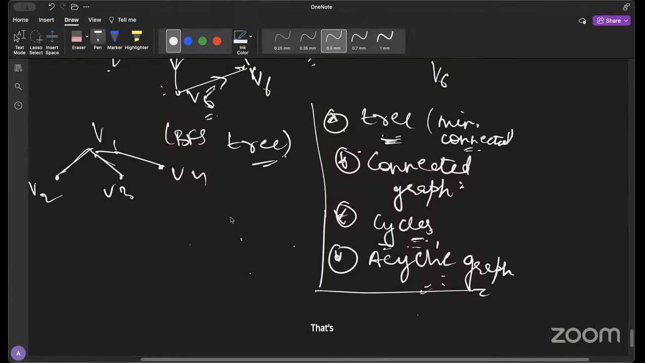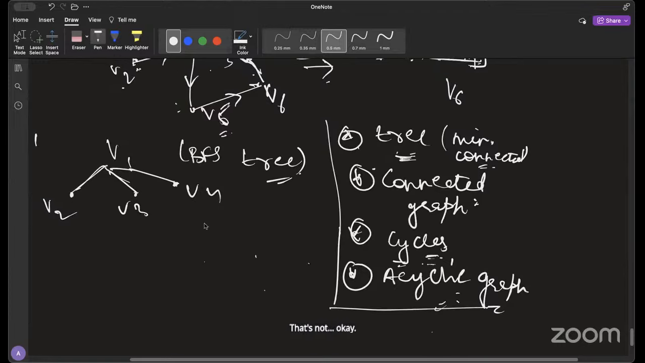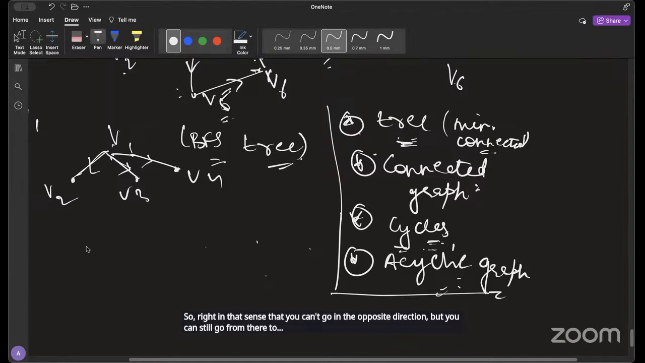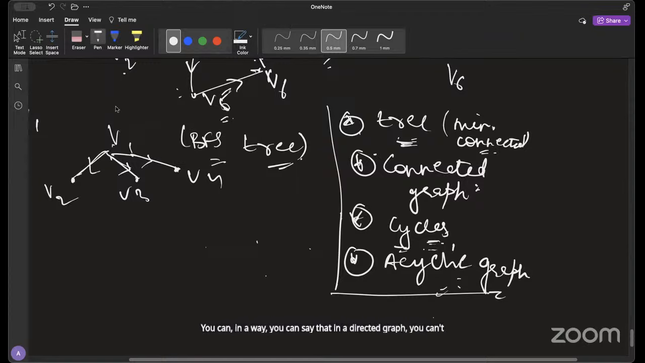You can't go in the reverse direction, but you can still go. That's why in a BFS tree you generally have directions. You're right in that sense that you can't go in the opposite direction, but you can still go from there to here. So in a way you can say that in a directed graph you can't go from every vertex to every other vertex, but you do have a path from